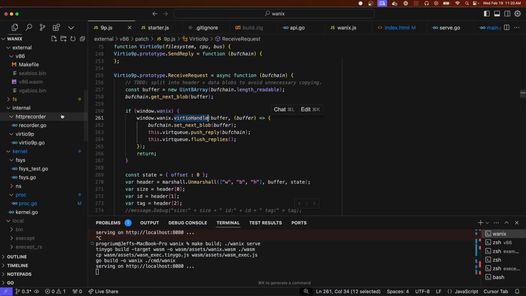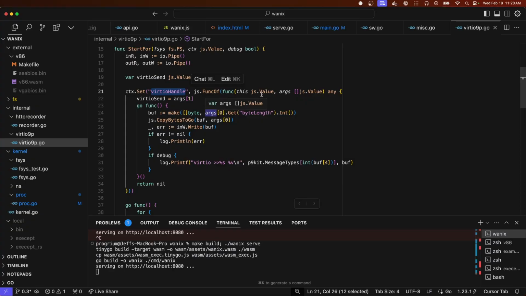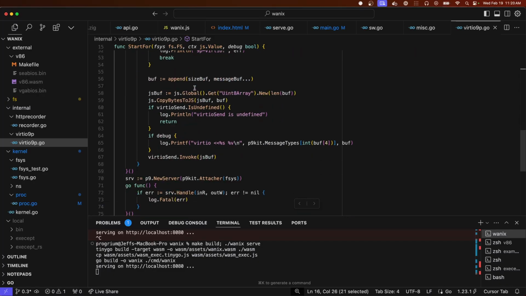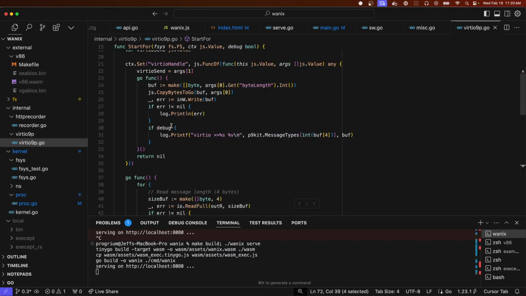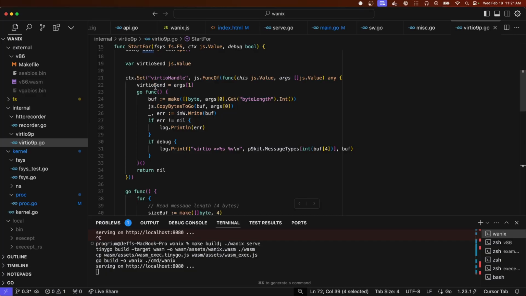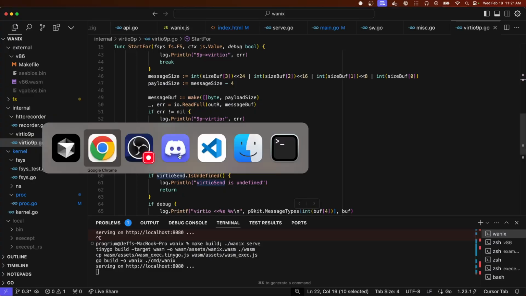And the definition of this handler is defined here, where we're basically taking in those bytes and writing them into a pipe that feeds into our 9P server. And then it writes 9P responses out of this pipe. And then we use the callback that we passed in here. So this all works now, and what that gives us